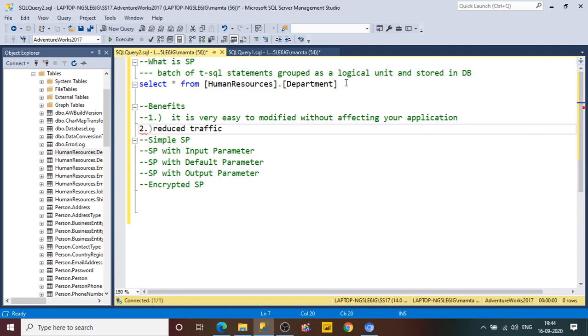Whenever the user is using your application, the request will be sent from your browser to the server, so the traffic will be very huge because it will be concatenated in your query string. If you pass some parameter, it will also be concatenated in your request query string sent to the server. If you use the stored procedure, there will be much less network traffic.